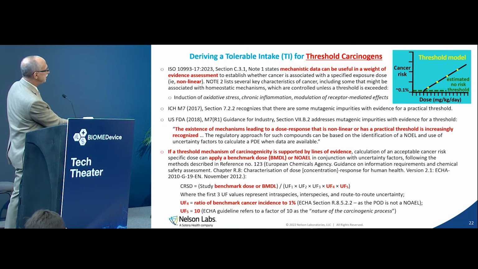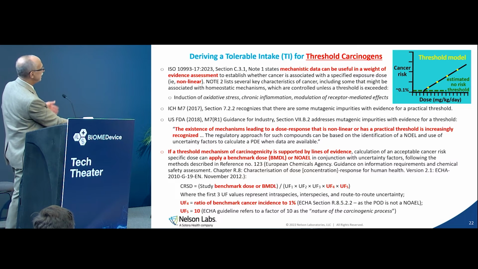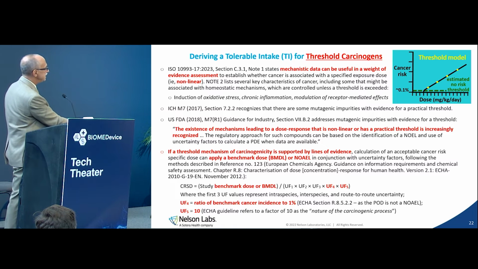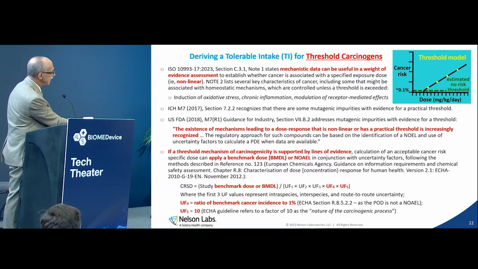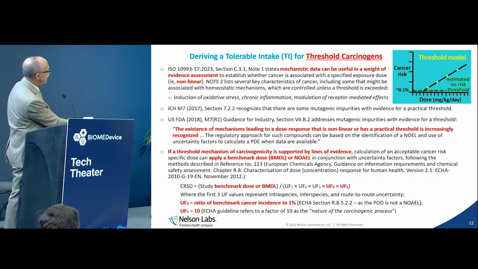A threshold carcinogen is something where below a certain level, the cancer risk drops off to 0. And those happen when it's not a direct-acting mutagen. Those happen when it's caused by a series of reactions like inflammation, oxidative stress, modulation of receptor-mediated effects. And so ICH M7 recognizes that. US FDA M7 also recognizes it, and they say existence of mechanisms leading to a dose response that is nonlinear